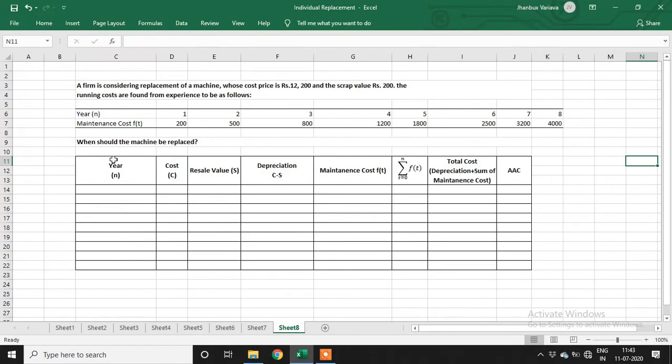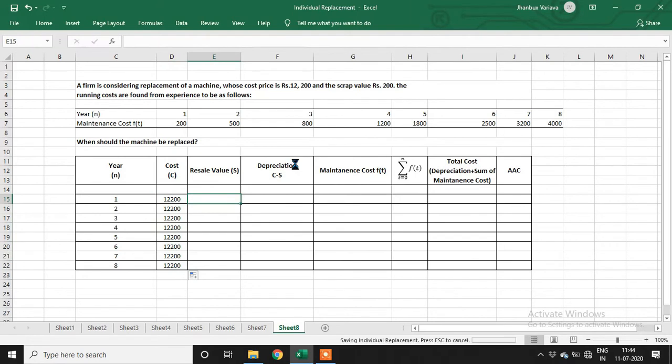So firstly you have to build a column in which the year is there. So you have to write down the year, that is 1 2 3 4 5 6 7 8. Okay, these are the years for that. Now for that you had been given an initial cost, that is 12,200 rupees. Okay, so the initial cost will be the same for every year, so we write it down